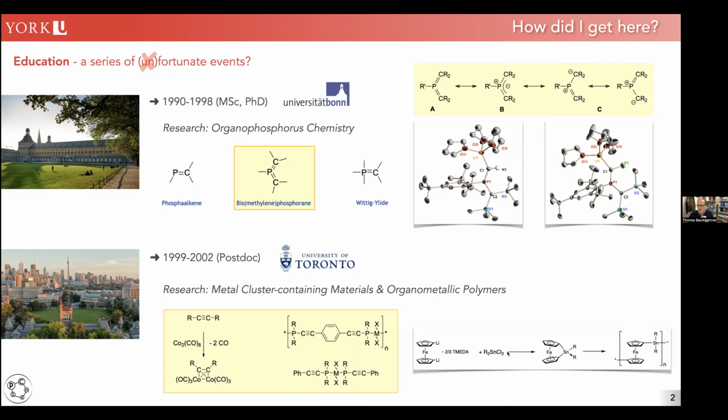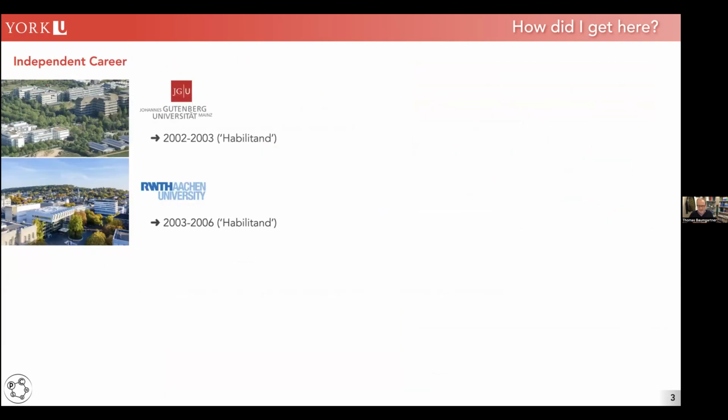The other project I was working on is shown here. This was based on ferrocene-containing molecules that have, in this case, a tin bridge. This is a strained molecule, and you can ring open it and make polymers again that have a high degree of metal in the backbone. So that's a lot, again, from an educational standpoint. I had really fundamental main group chemistry or phosphorus chemistry, and then got a flavor of the materials world. So from my independent career, I said maybe I can combine that in some way.